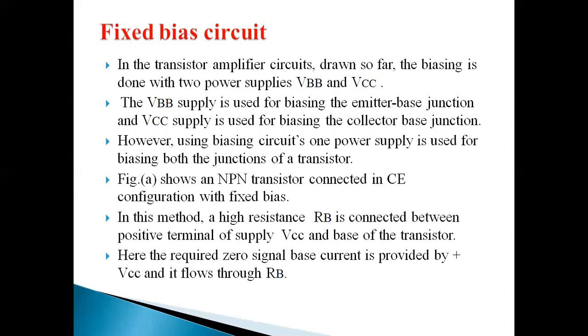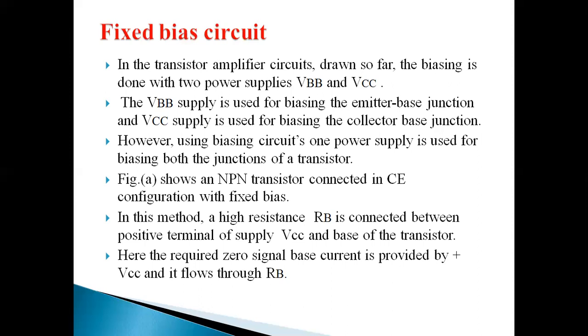and second, it will produce a distorted output. In order to produce a distortion-free output in amplifier circuits, when the transistor is going to operate in the active region, the basic purpose of transistor biasing is to keep the base emitter junction properly forward biased and the collector base junction properly reverse biased. That is, the transistor should be operated in the active region.